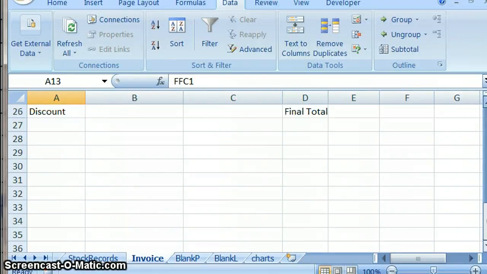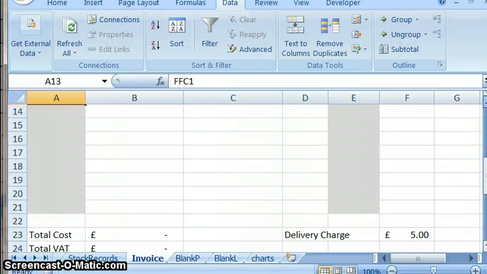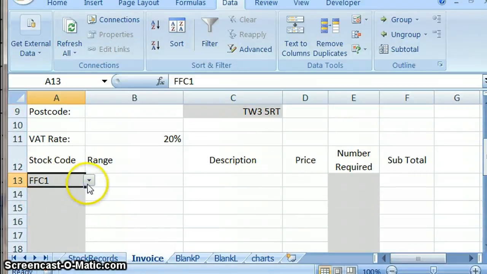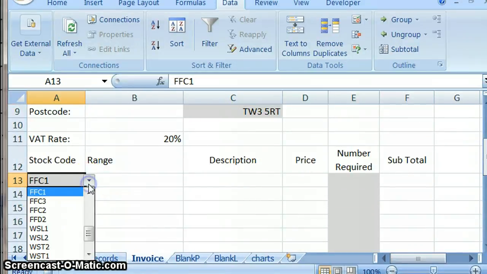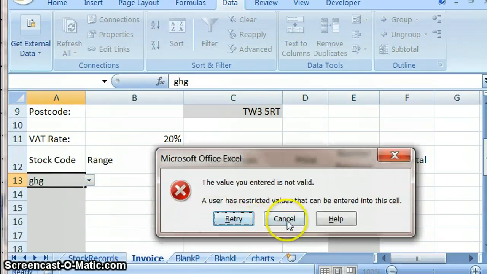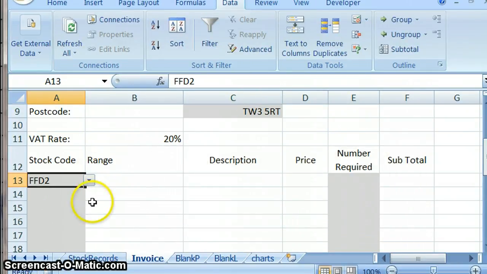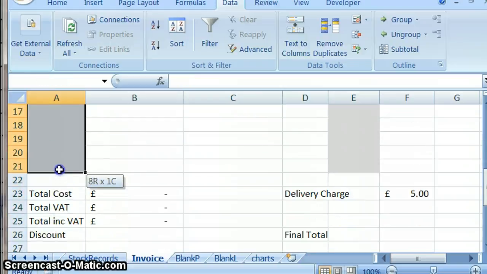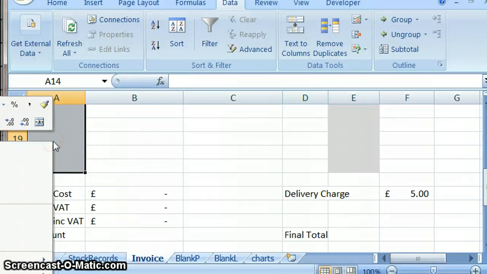Alright, now if I scroll back to my spreadsheet over here, what that does is it puts in a little drop down box, so I just have to select the codes, and if I try and click in there and type something else in, it comes up with an error message, which is great. Okay, so now we've done that, firstly we have to do that for all the cells, but that's dead straightforward because we can now highlight those all in one go, and I think I can just